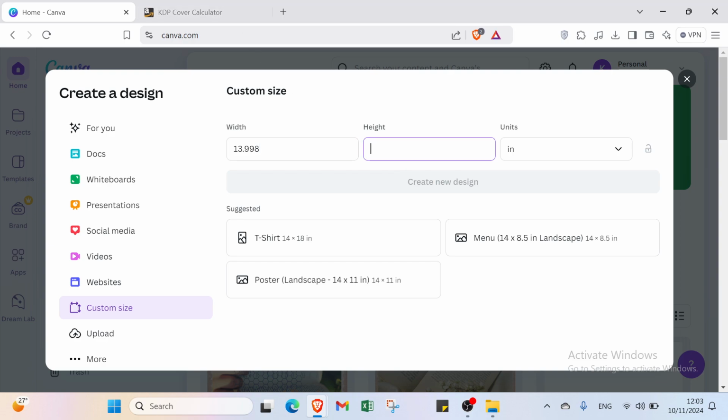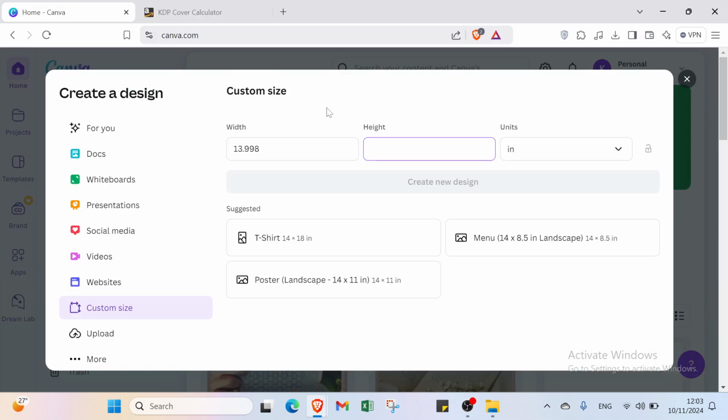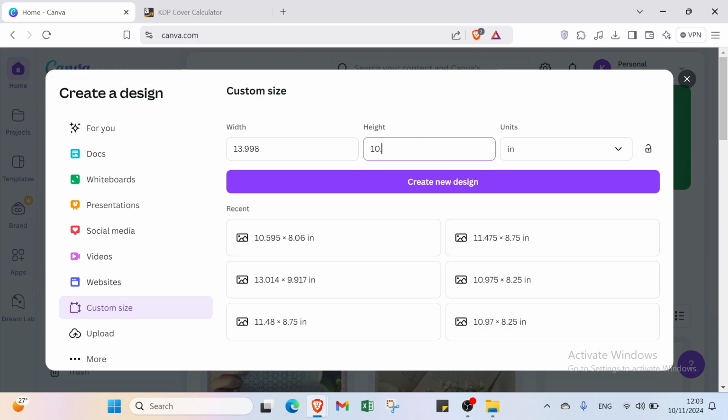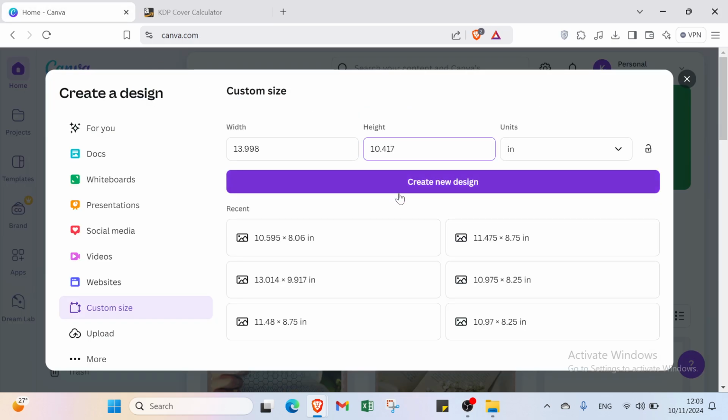About height, do you remember it? If you remember, help me to remember it, I forgot it. So let's come back. It's 10.417. Is it correct? This is the one that you told me. 10.417, it's right. Right now, I will just click over here and I will select inches,